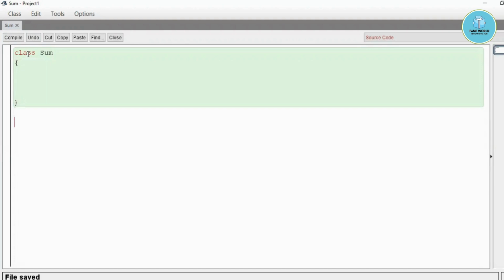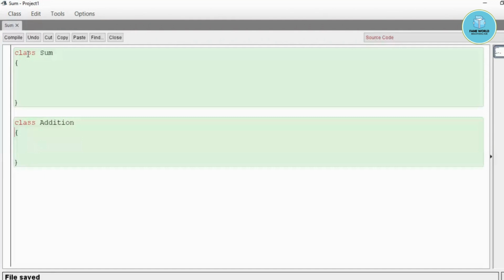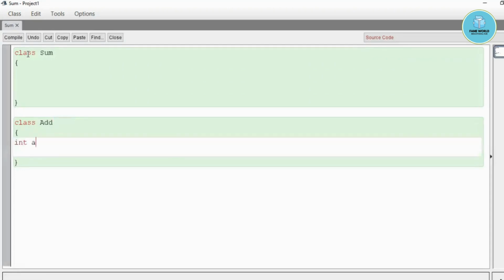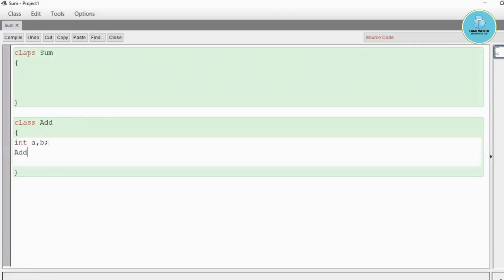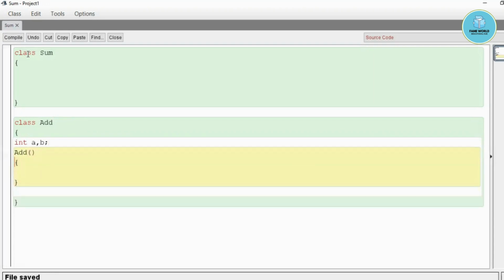But I have another class also in this program, known as addition, or we can say the add class. This add class has a constructor. Suppose it has two variables a and b, and it has a constructor, and the constructor is a function which does not return any value. So we will not use void or any return type here, but you can see the name of this class and the name of this constructor function is the same, because it is a constructor. And what is it? It is a default constructor.